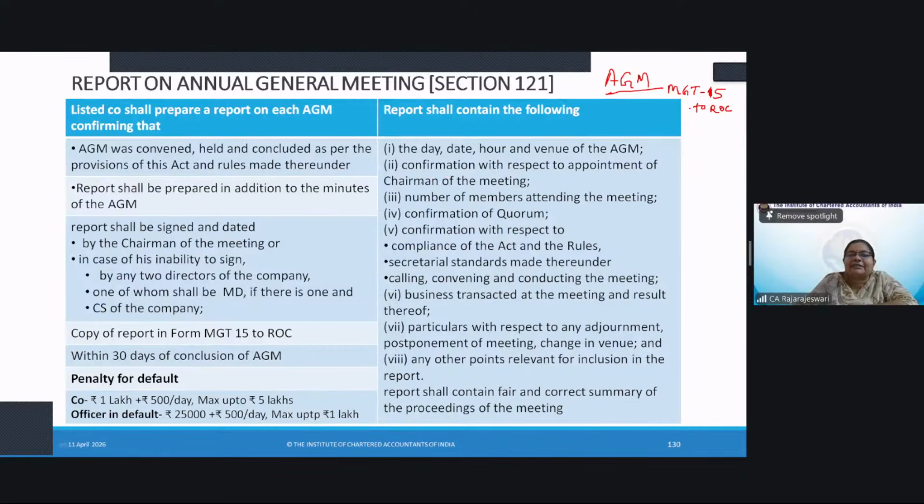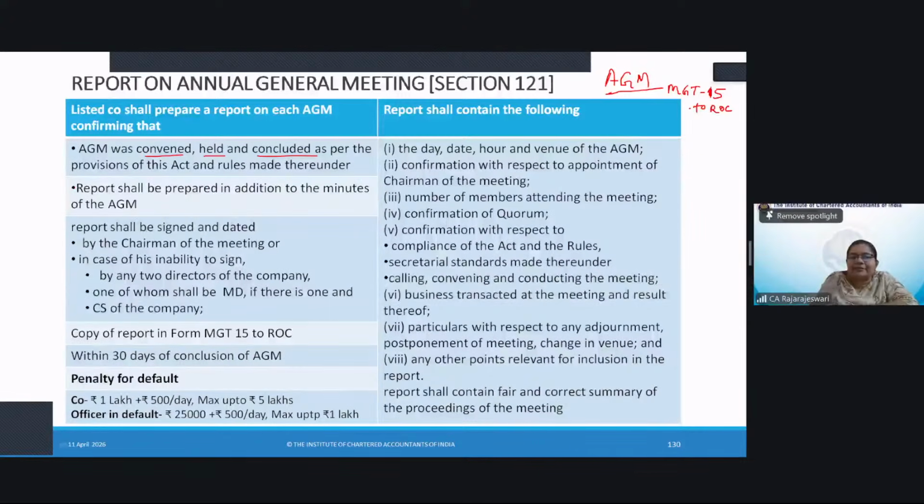Now any listed company should also prepare a report on the convening of the annual general meeting. That is the correct word used: convening of annual general meeting. It was held on that date and it was concluded as per the provisions. It was proposed to be held, it was concluded. Both. You should read it carefully. AGM was convened, held, and concluded as per the provisions of this Act and